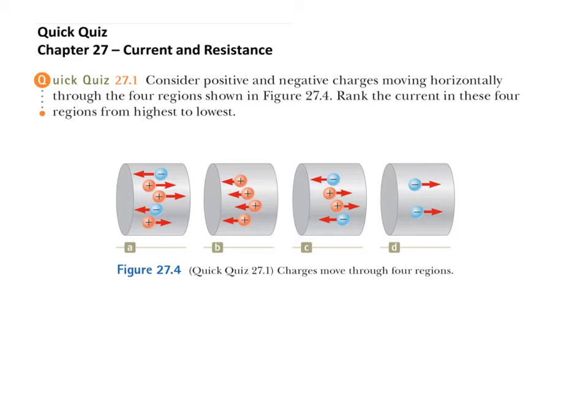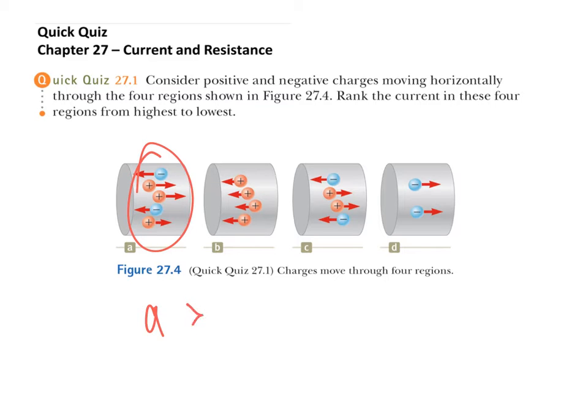So the first one has 5 charges moving, 3 positives to the right and 2 positives to the left. Now later we'll talk about what's called conventional current, which is essentially positive charges moving, but in reality when current flows it's negative charges moving the other direction. All right, but the net effect, if you had positives moving to the right or negatives moving to the left, would be the same. So since 5 charges are moving in this case, we're going to rank this one as